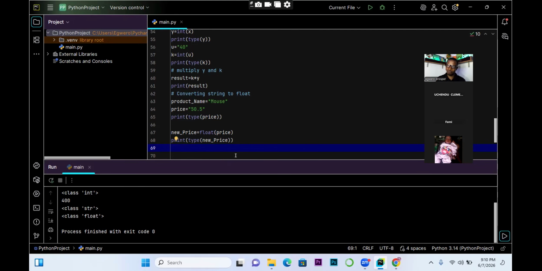When we get to the advanced, you will see how all these things play out. Remember, I've once advised us that if there is any part of programming you must pay maximum attention to, it is the basics, because that is where you have your foundation. Once the foundation is wrong, everything else might also be difficult. So please, encourage those of us that are practicing. All right, so now let's look at